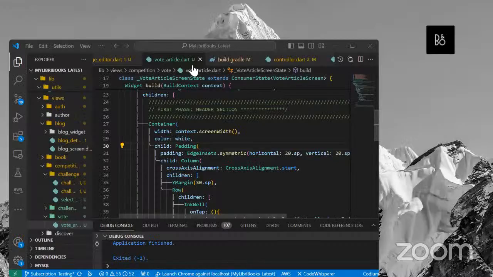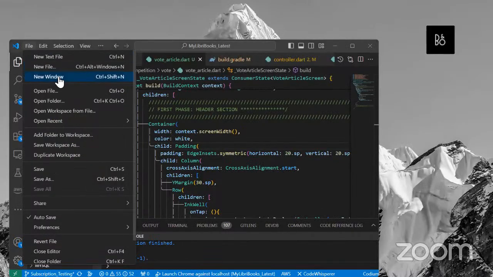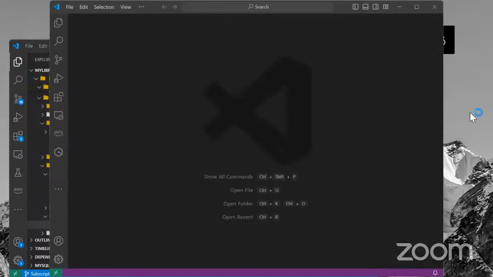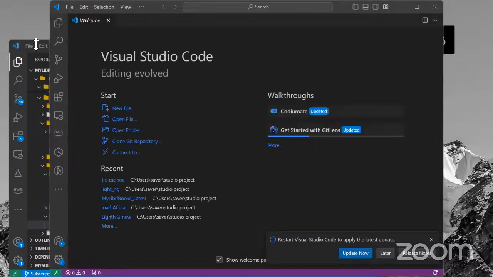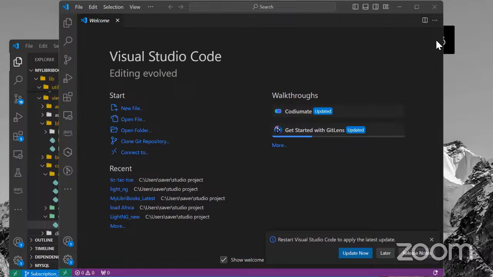Please confirm if you can see my screen. Yes, yes. All right. Confirm if you can see my screen. All right, so